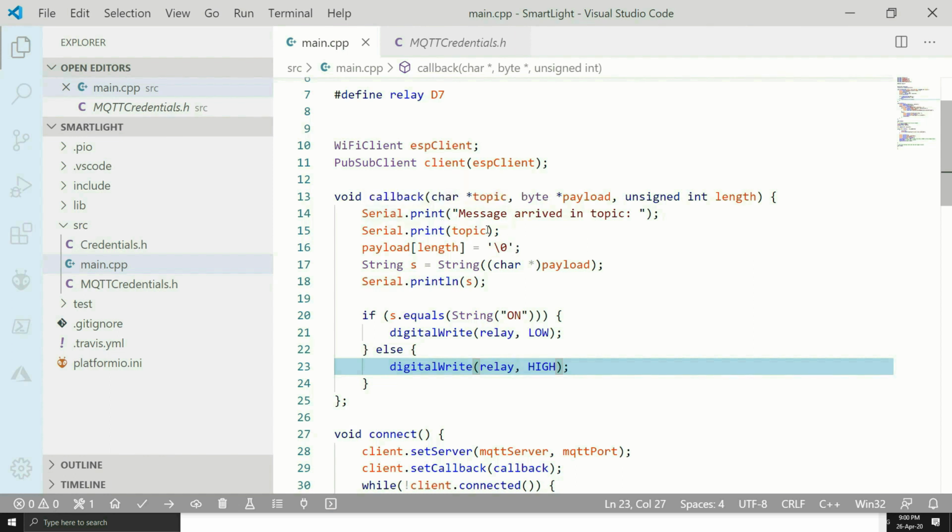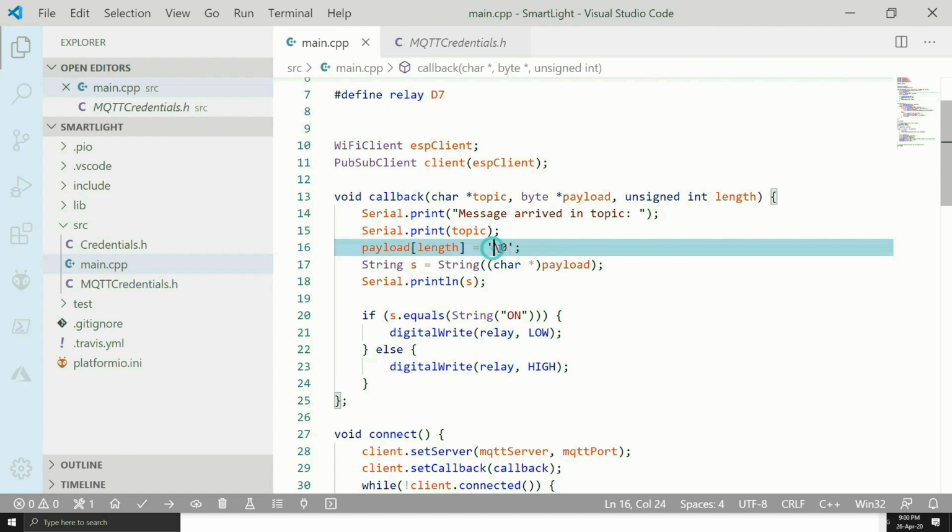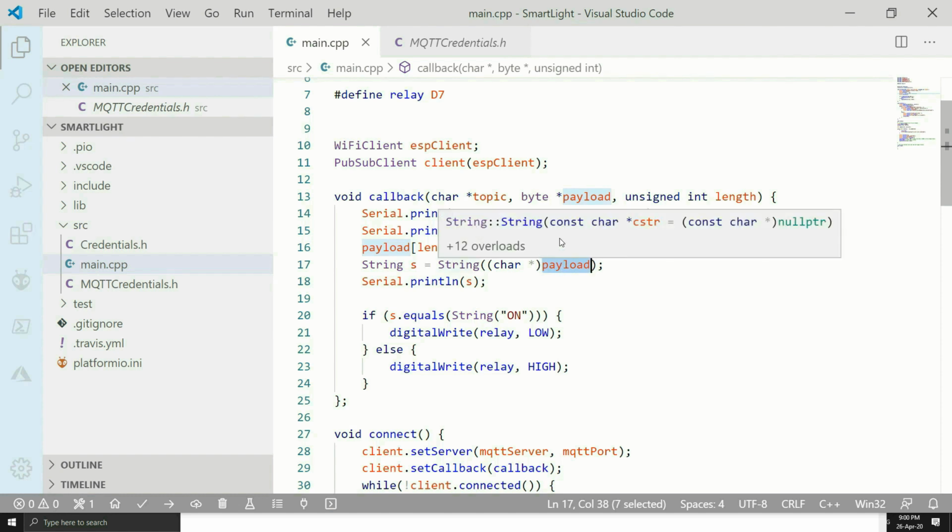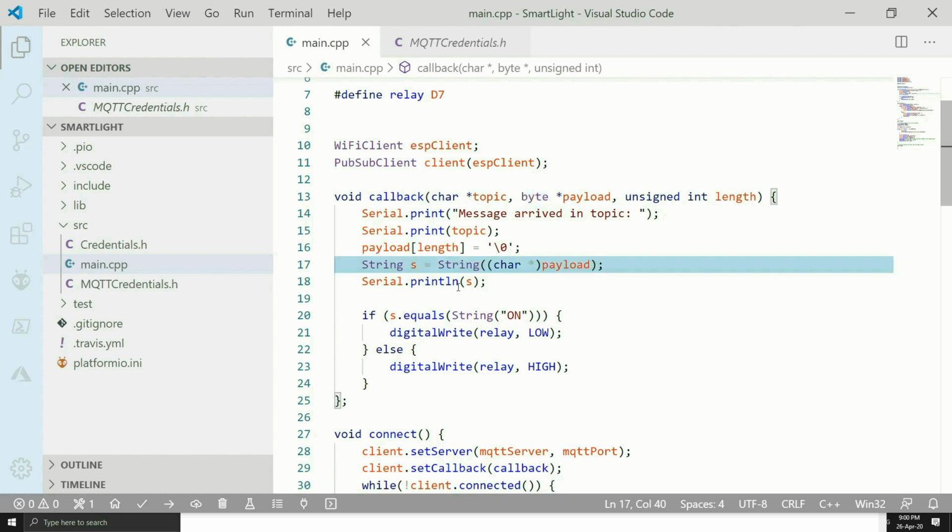We are just printing a message arrived on the topic, and we are initially setting the payload to 0. In C++, this is a kind of null character having the value as 0. And here we are just converting the payload to the string because payload is coming in the form of byte. And in the next line, we are just printing the string, which is actually the payload.